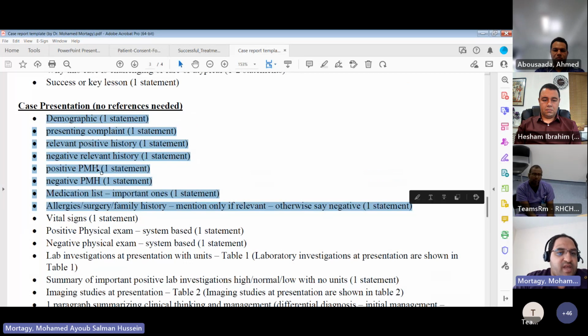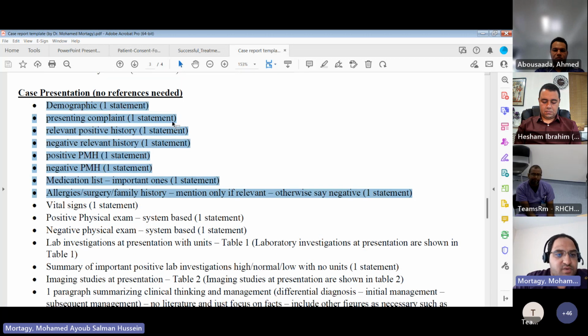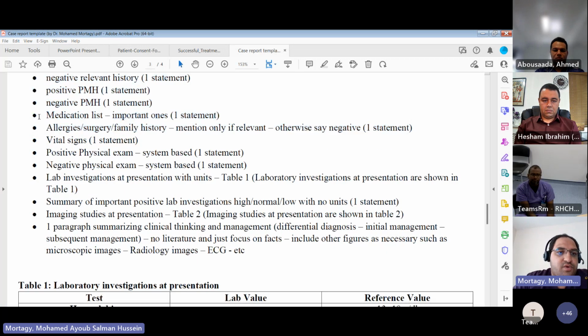It's usually in one paragraph with no references at all. And then you go for your physical examination or vital signs. You start with vital signs, just one statement: the temperature was this, and blood pressure, heart rate, saturation, just to give the reader an idea of how the patient looked. And then you mention the physical exam, just one statement